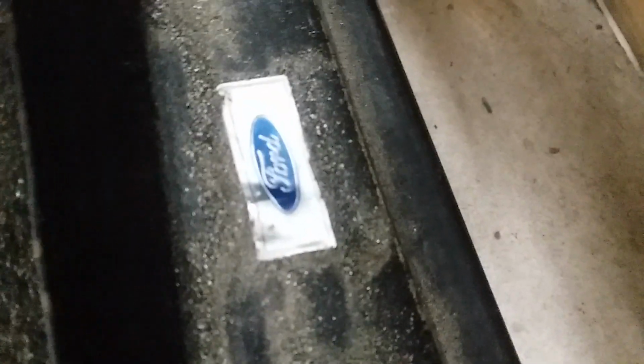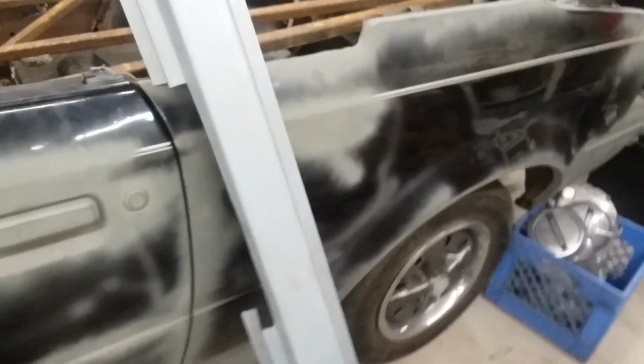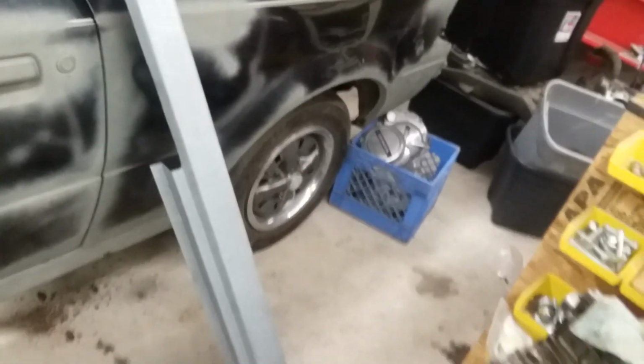See, I have that little chrome foil sticker that's covered in lasting material. It's pretty cool. None of my other EXPs actually have that there, but they all have that recessed square, but not a single one has that Ford chrome sticker on it, which is cool. So these aftermarket rockers don't have that. I wouldn't necessarily need that, but if it's a make or break for you, that's another thing to consider. You'd have to get something to punch the sill out, or